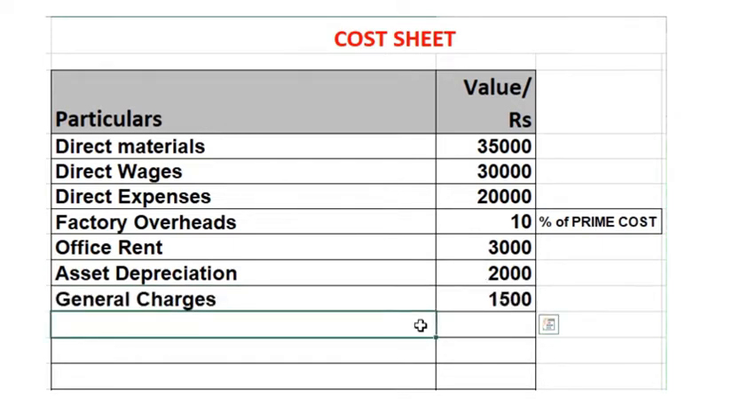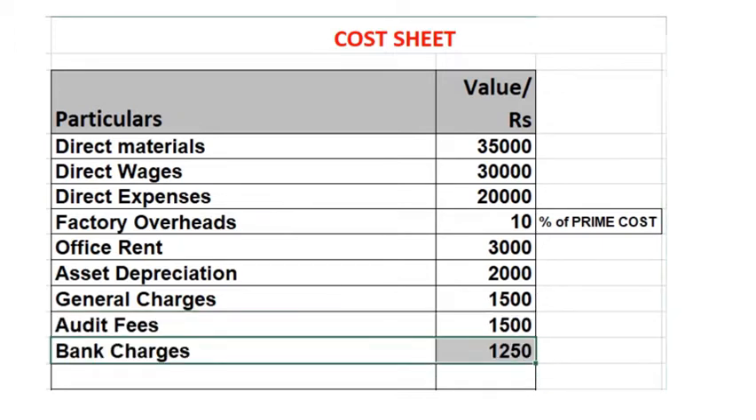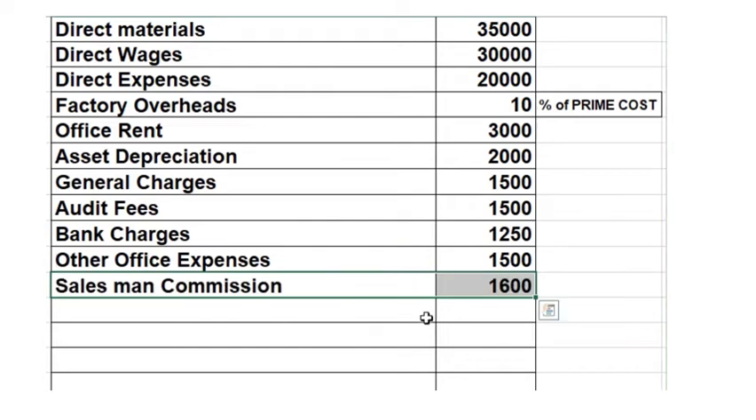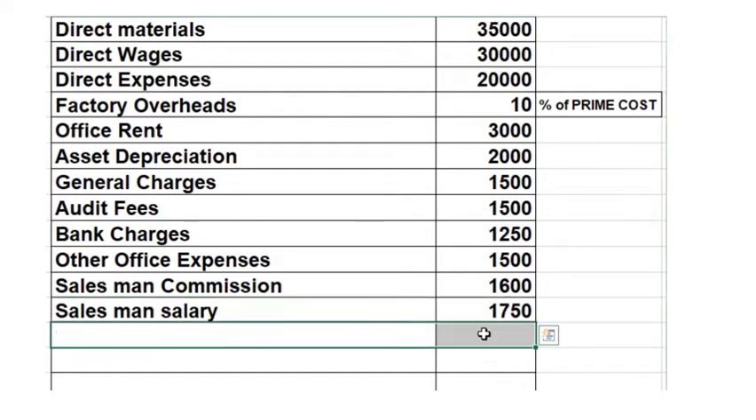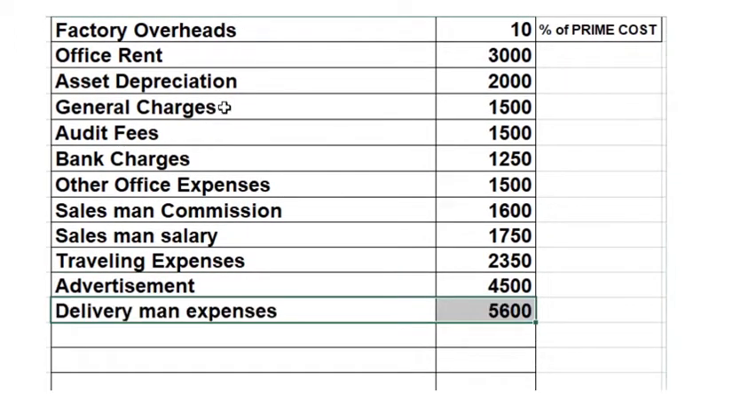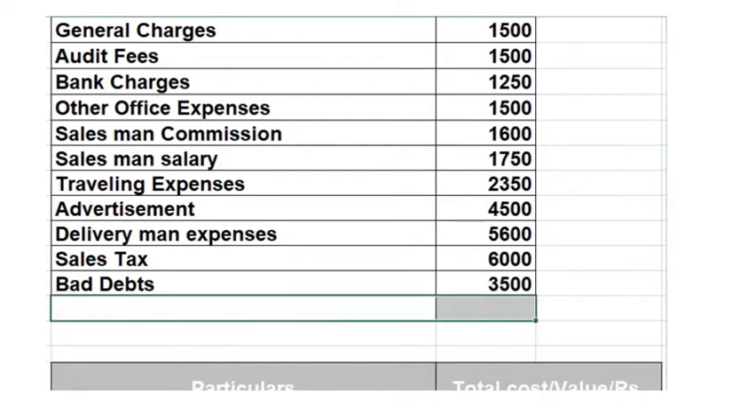General charges are 1,500. Auditor fees is 1,500. Bank charges 1,250. Other office expenses 1,500. Salesman commission 1,600. Salesman salary 1,750. Traveling expenses 2,350. Advertisement 4,500. Delivery man expenses 5,600. Sales tax 6,000. Bad debts 3,500. And profit is 5%